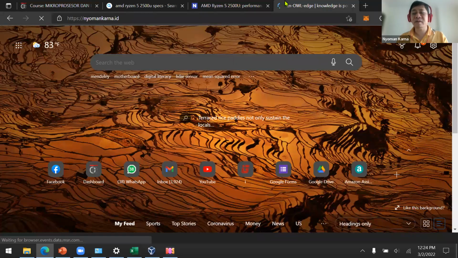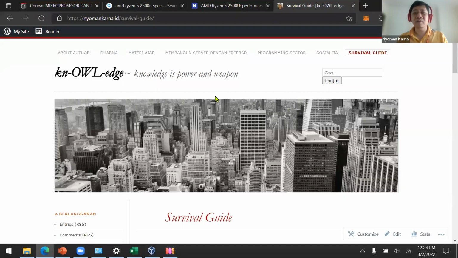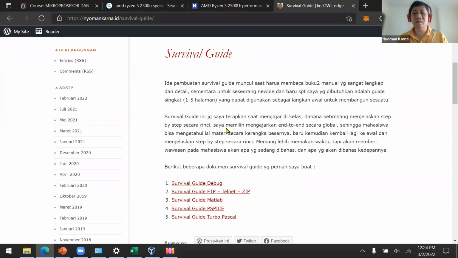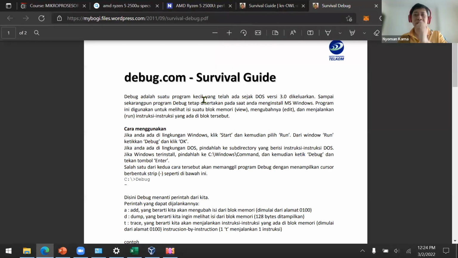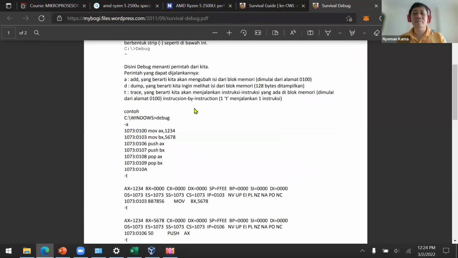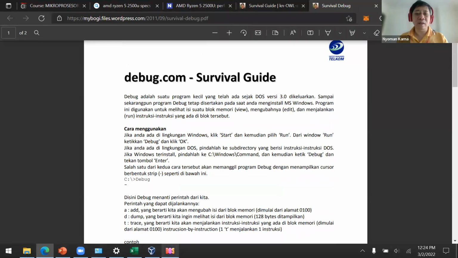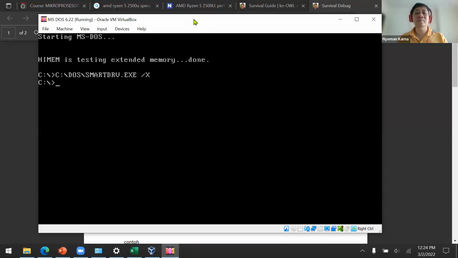It's in the survival guide, debug survival guide. That's a small note from me. This is a lecture note, debug.com survival guide, how to use. Okay. Now, back to our virtual machine.